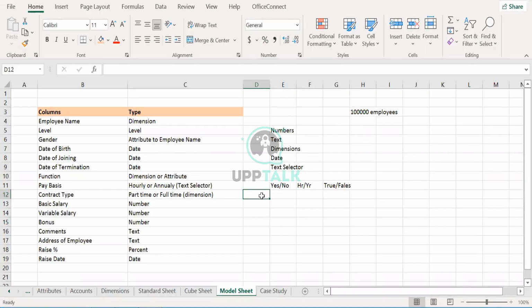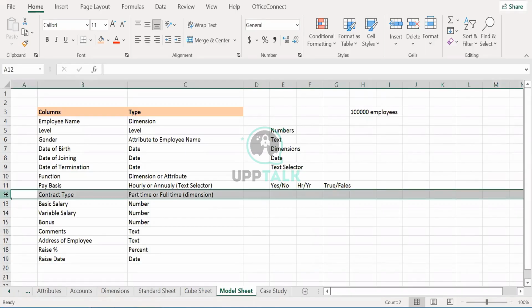Again, the key is with the implementer and the requirement. Basically, if the requirement says that the company needs to do planning and analysis at a full time level, at a part time level, if they want this level of information to be captured, then you can have it as a dimension.